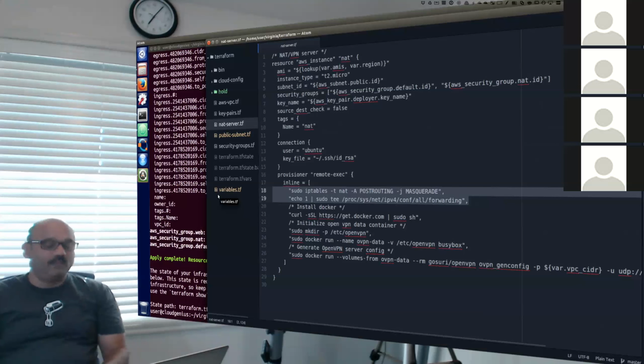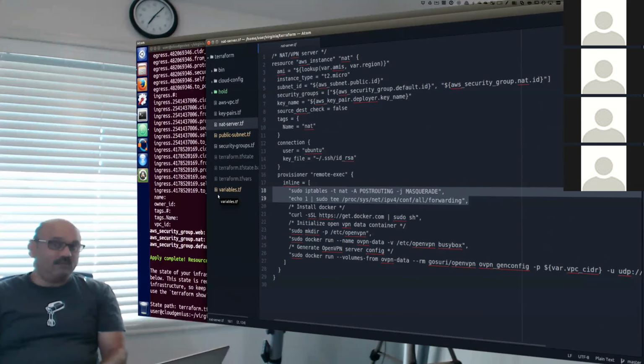Pretend, masquerade. And then in line number 19, we are adding the number 1, echo 1, and putting that inside a file. That file is /proc/sys/net/ipv4/conf/all/forwarding.